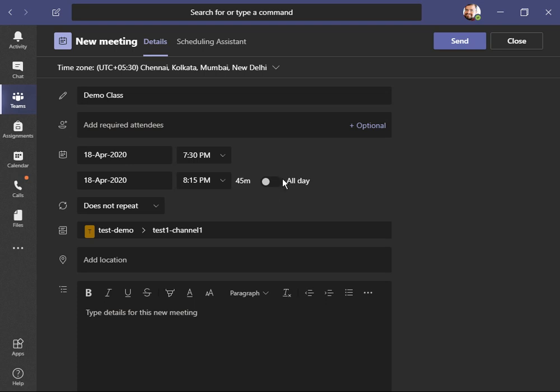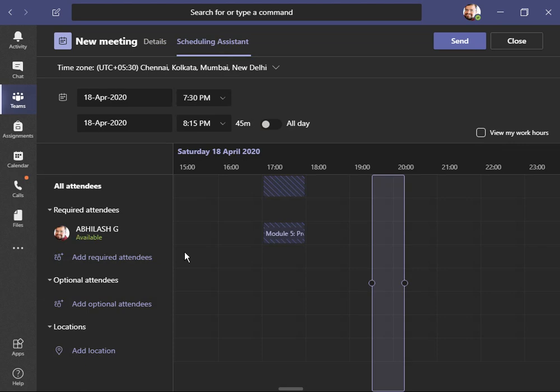And if you want to check whether some other meeting is going on at that particular time, you can go to this scheduling assistant. The scheduling assistant will directly connect this meeting scheduling app to the calendar, that is Microsoft's Outlook calendar. So if you have some other agenda, some other meeting in the schedule, it will be displayed. Based on that, you can establish whether someone is free or some other classes are going on during the duration, or whether you yourself have some other work during the duration. So in that way, this scheduling assistant is very useful.